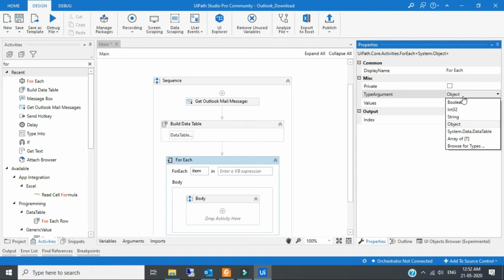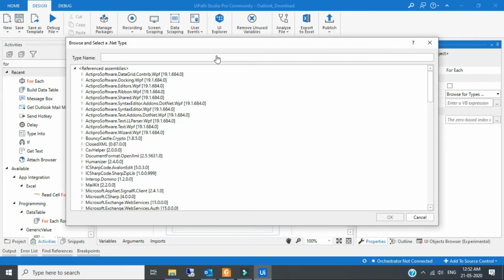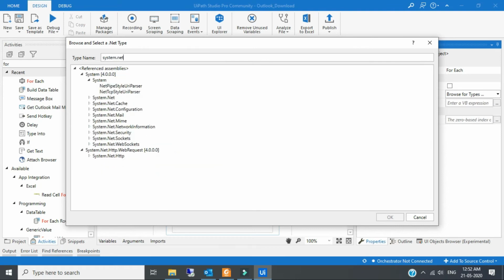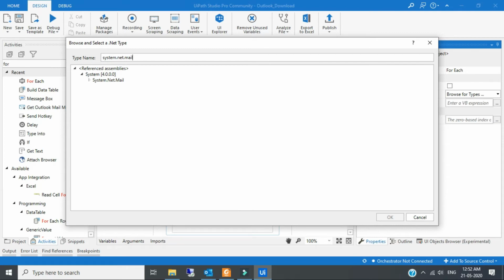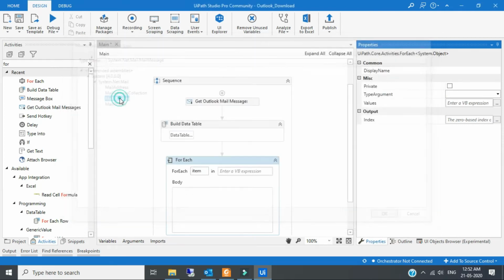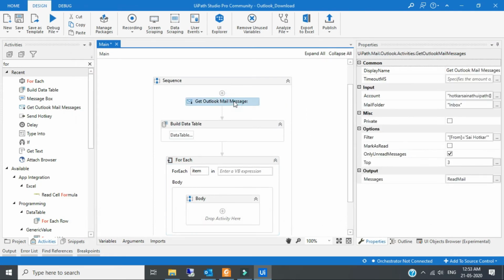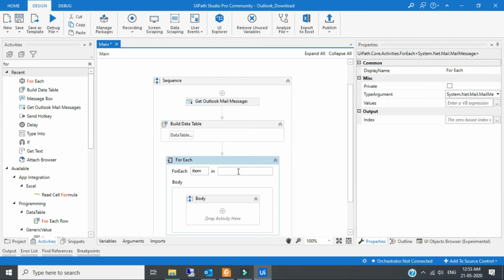If it is not present, you can go here, Browse for More Types, and type System.Net.Mail.MailMessage. So here we will take the MailMessage type, and the output of the read mail activity we will pass here, ReadMail.